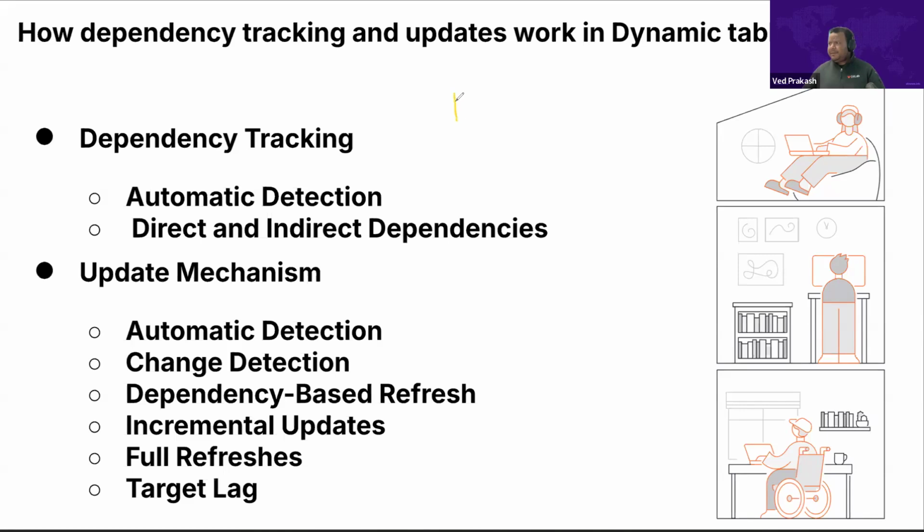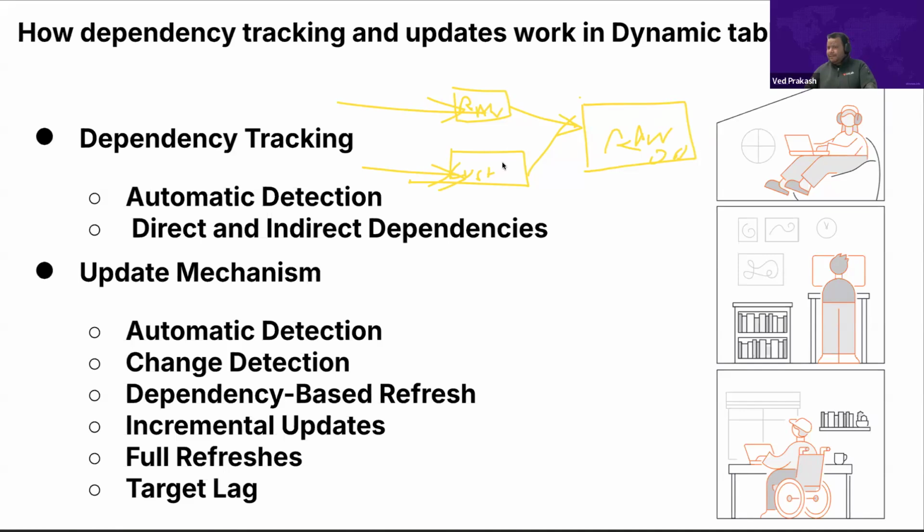So let's do it over here. You have a table which is a raw order table, and on this there is another table which is customer info, for example. This collectively creates a dynamic table, which is raw order customer info. And what happens is that if a row changes in the raw table, or if a row changes in the customer table, Snowflake detects by itself